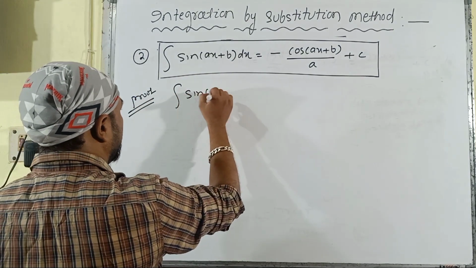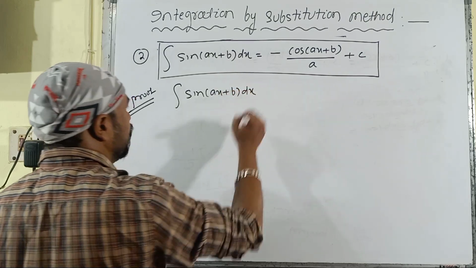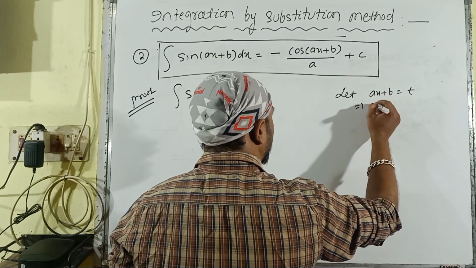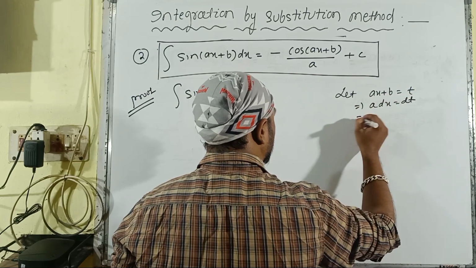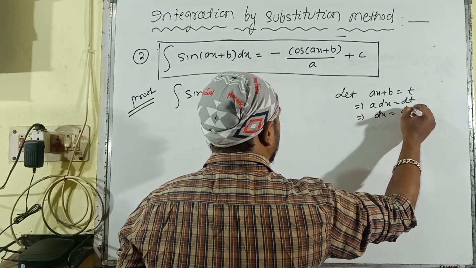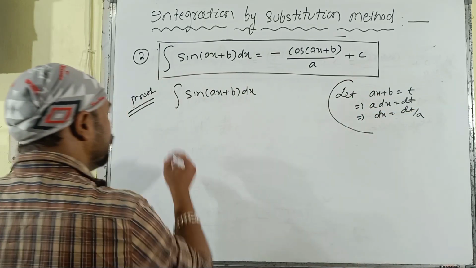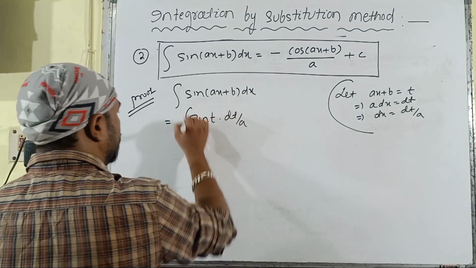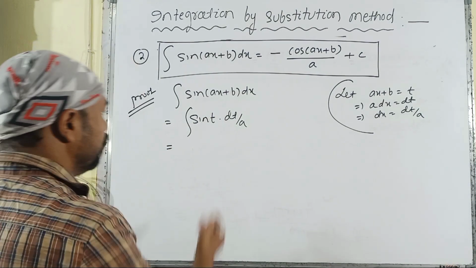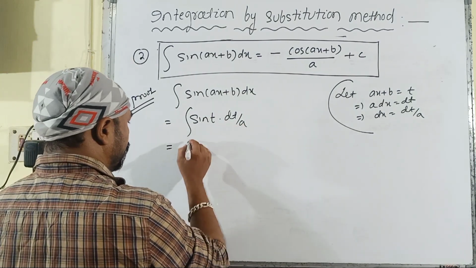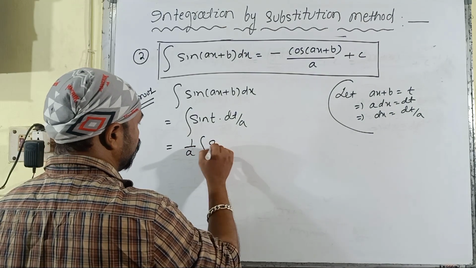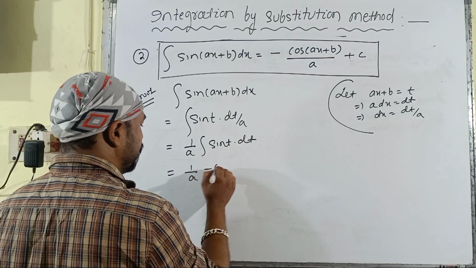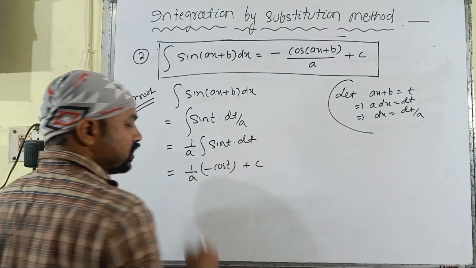Integral of sin(ax + b) dx. First of all, we have to consider ax + b as t. Again, a dx will be dt, and by the same procedure dx will be dt divided by a. Then by applying these substitutions, sin t dt by a, and again we have to take the constant outside of the integration, so it will be 1 by a multiplied with sin t dt. 1 by a integral of sin t is minus cos t plus any constant c,